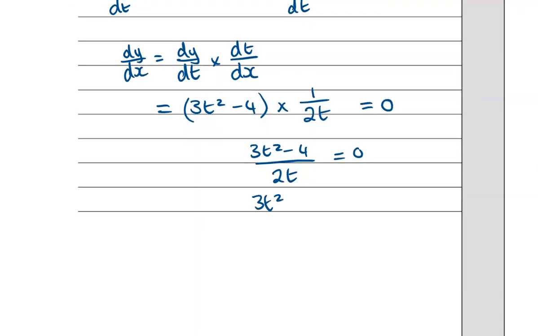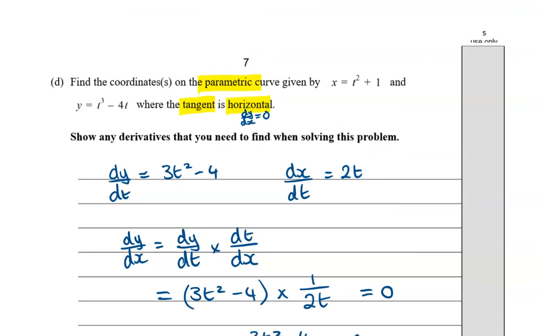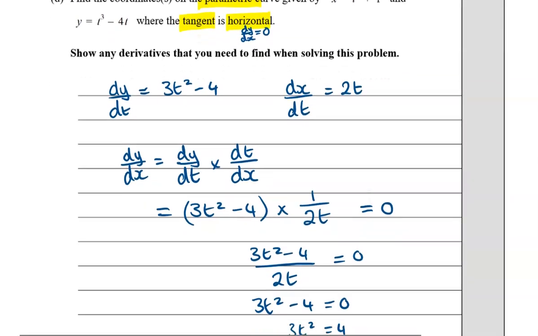So 3t squared minus 4 is 0. Working that through gives you t is plus or minus 2 over root 3. Now it's tempting to feel like you've finished there, but we haven't quite, because that gives us the t value, and we need the coordinates, which means we need the x and the y values. So